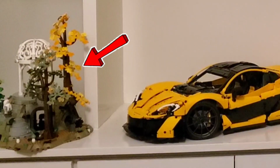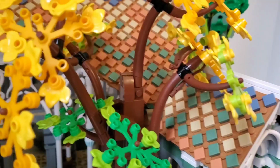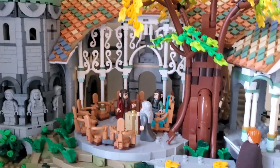Number 2, sitting just over yonder, is Rivendell. I am so glad that I have been lucky enough to build that set this year. It is magnificent. It might be the best Lego set ever built. I bet a lot of people would say that. I think